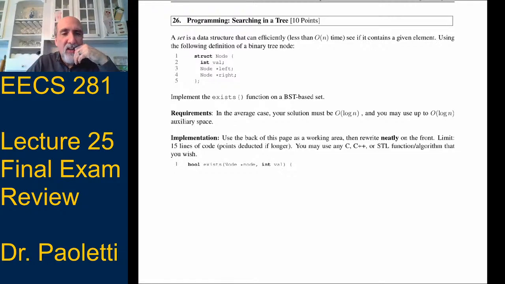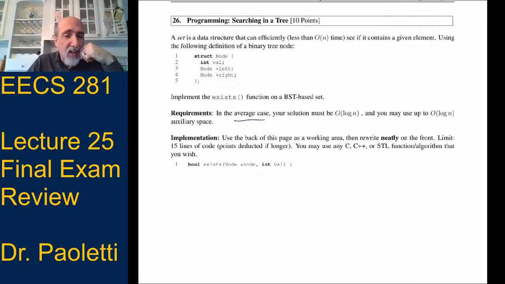Okay, so we said here we've got a set that can efficiently see if it contains a given element. And so let's say we took a node with a pointer to left and right, and we could make a BST from that. And if we make a BST from it, then we could have average case log n lookup to see if something exists in the set.